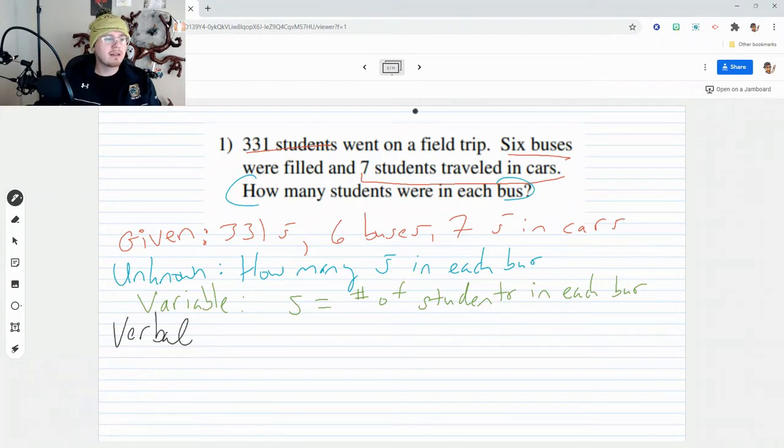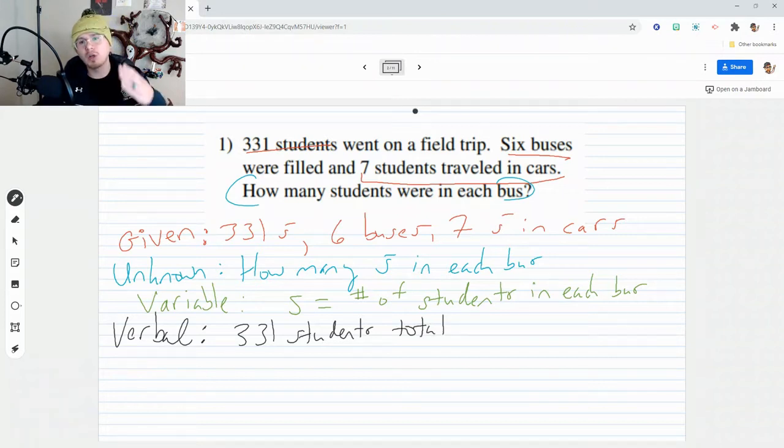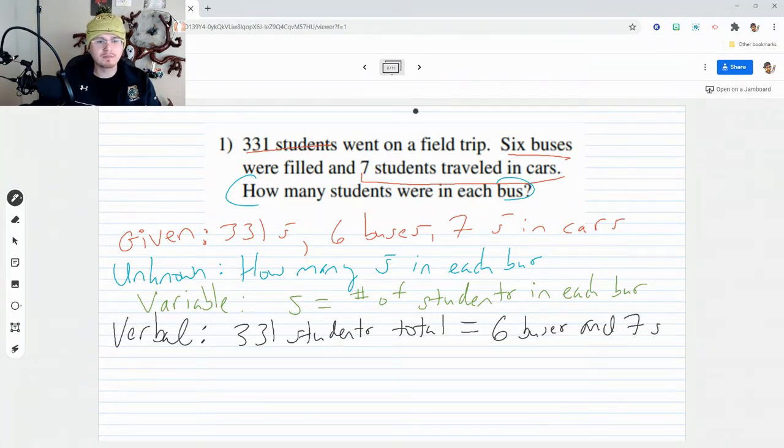And then verbal. I like to write it out in plain English. So I know that I have 331 students total. I know from my experience that total usually goes by itself. So that's probably equal to, we have 6 whole buses and 7 more kids, because those are the ones that came in the cars. I'm feeling good. Hopefully you're feeling good. Now, let's write the